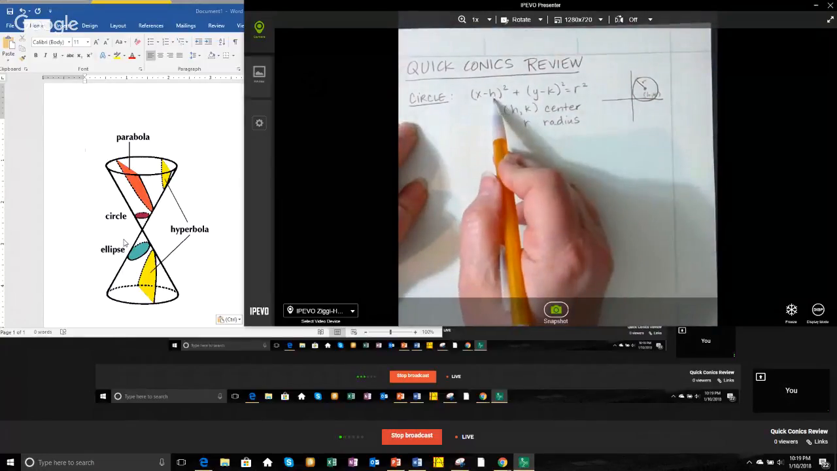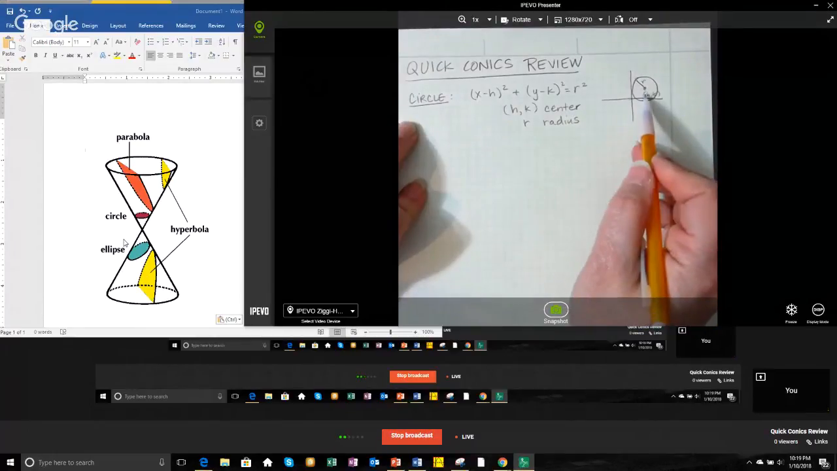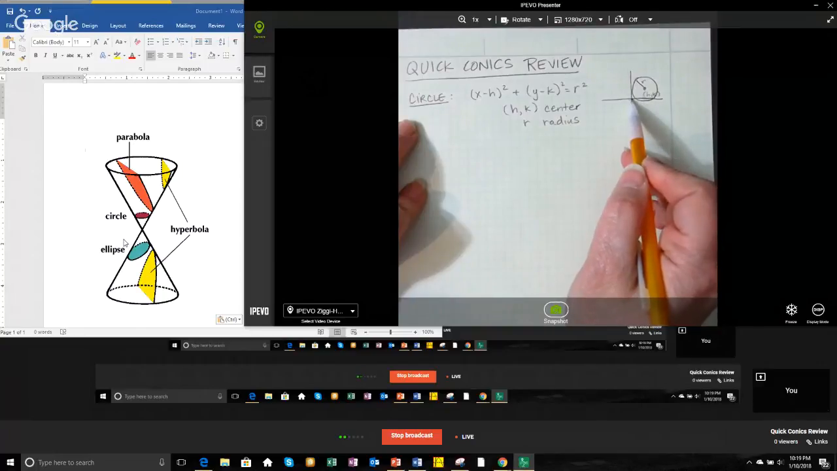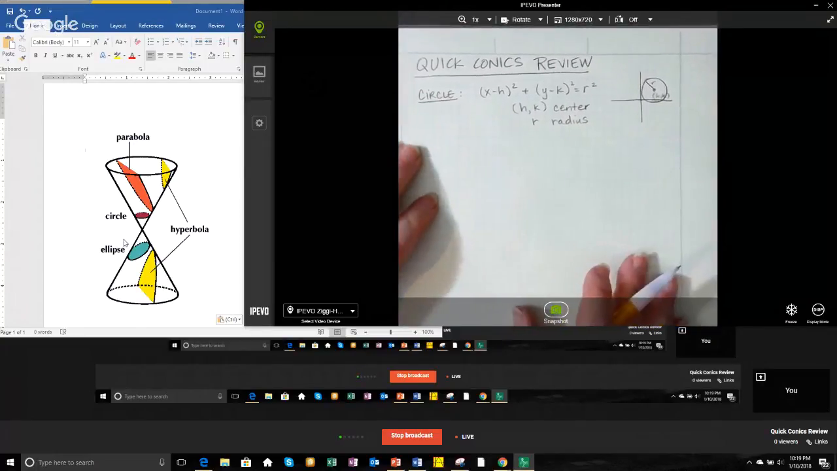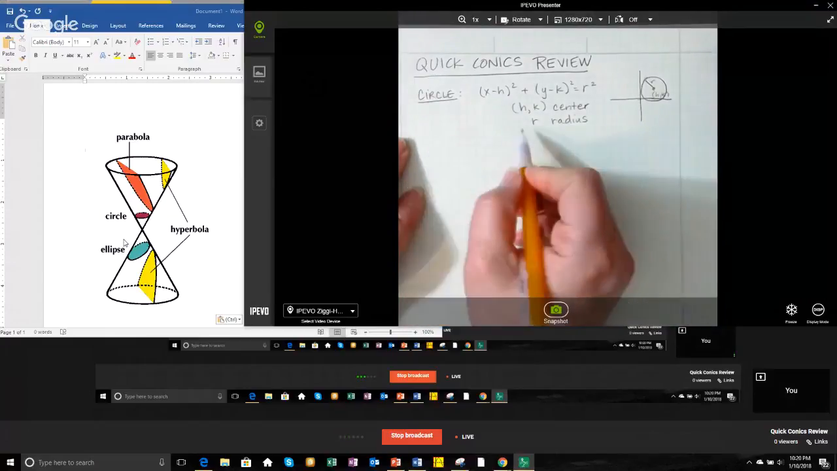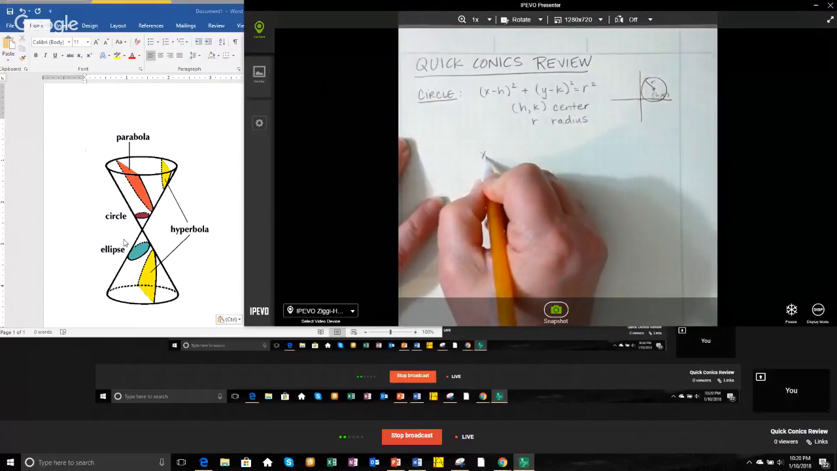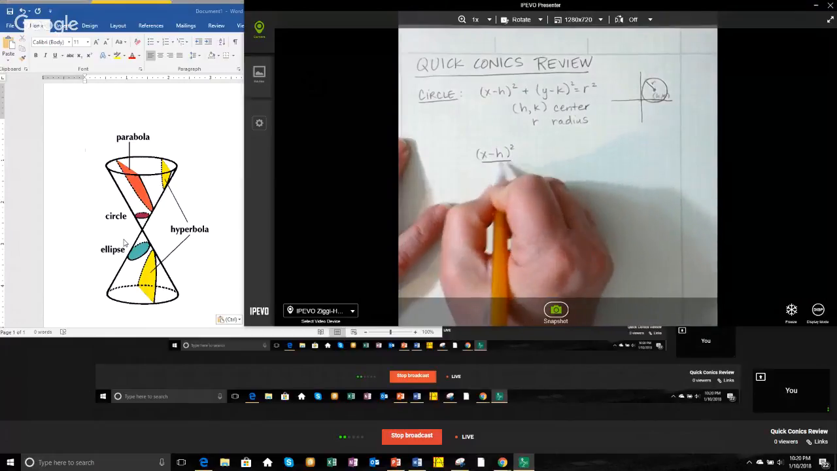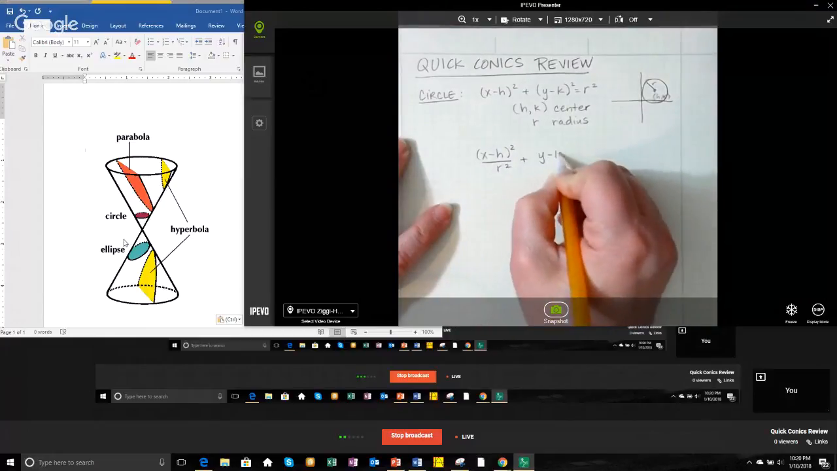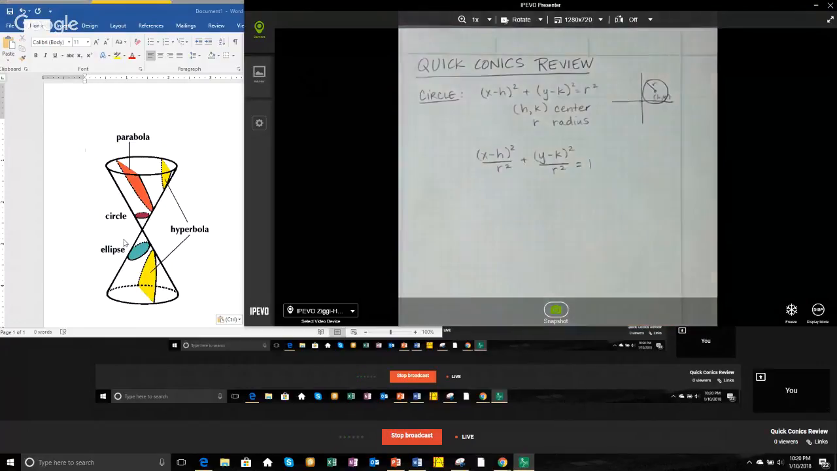Now, h is the horizontal shift from the origin, and k is the vertical shift up. So it's nothing but a translation of the circle from being centered at the origin, which is pretty cool. Then we could take the circle equation and divide both sides by r squared, and we would have (x minus h) squared over r squared plus (y minus k) squared over r squared equals 1. And what's really cool about this